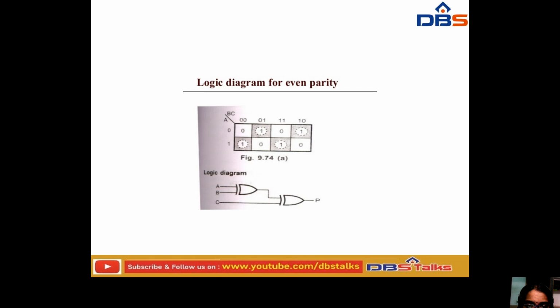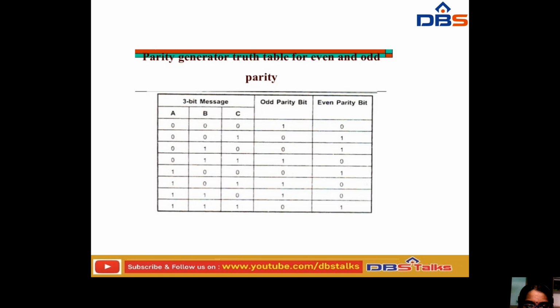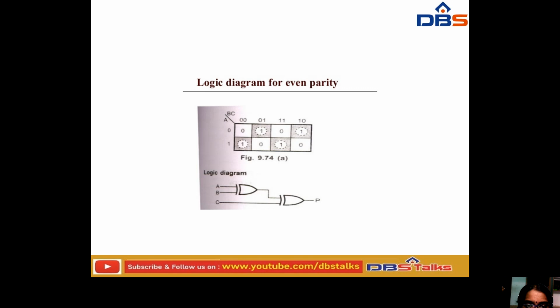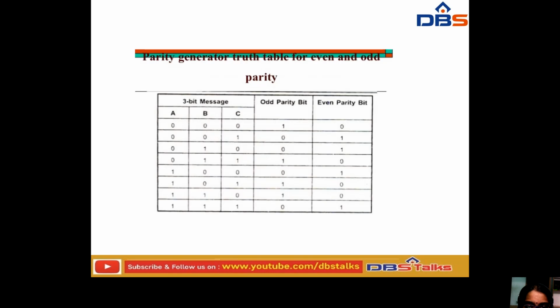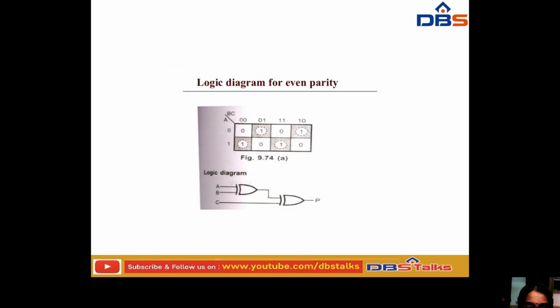And the next one is 0 1 0, so here it is denoted with 1. If you have observed in this truth table, sorry, 0 1 0 is represented with 1, no? 0 1 0, so it is having one even parity. So at this we have represented it with this one. Just like that, by using the truth table, we have drawn this K map.